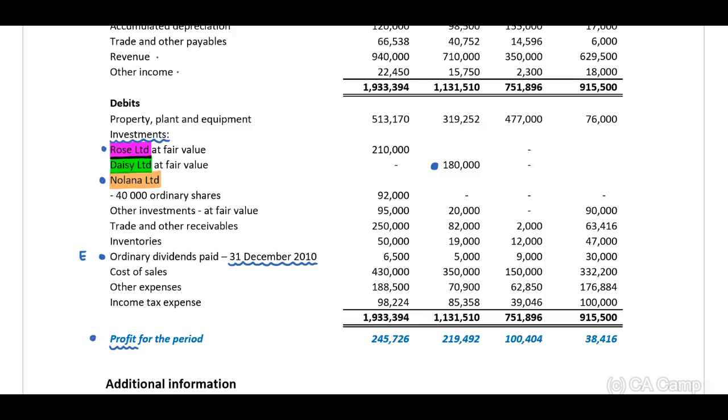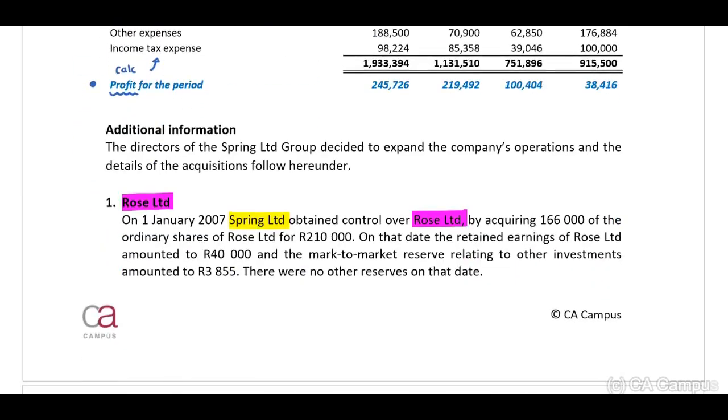Now, guys, important, you should be able to calculate the profit based on the information above. I've included the profit as this is an easy calculation and you should be able to do this. Additional information. The directors of Spring Limited Group decided to expand the company's operations, and the details of the acquisitions follow here under. Rose. On 1 January